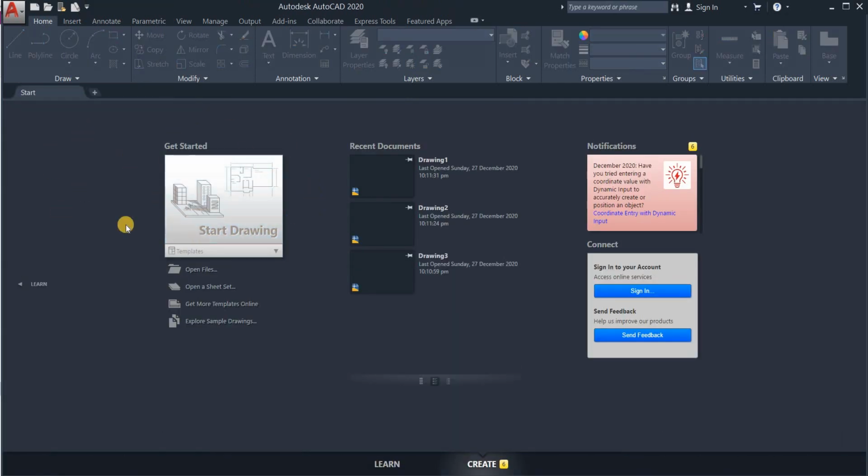So now we are back to our welcome screen, and here now you can see that a list has appeared for the recent documents, drawing number 1, drawing number 2, and drawing number 3. And it is also showing that this drawing was last opened on this day, this date, and at this time. So if you want to open a recent document, you can select any one of these. If you want to open any other file, you can click here,